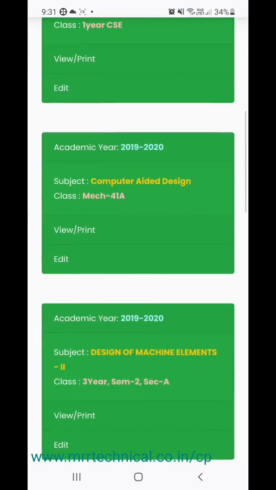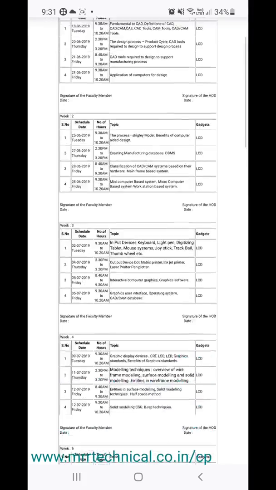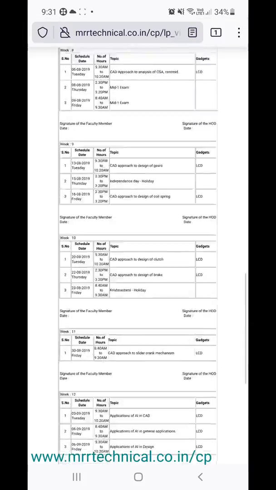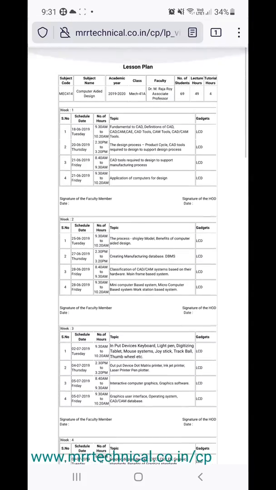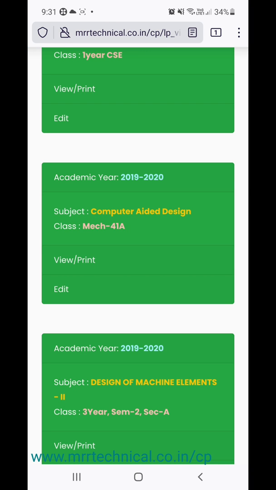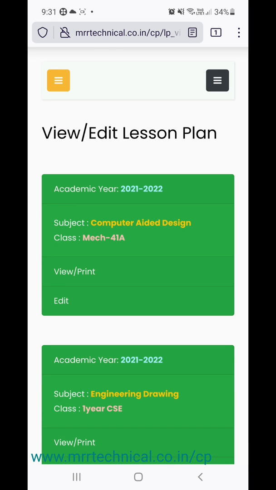Okay, so I'm showing various lesson plans what I have prepared. I'm just showing, you can just observe them. Okay, in this way very easily you can track your course plan and lesson plan using this application. So using this URL, you can open this application in your mobile phone and you can do your work in your mobile phone, and you just use the same URL to open this in your desktop to take the printouts.